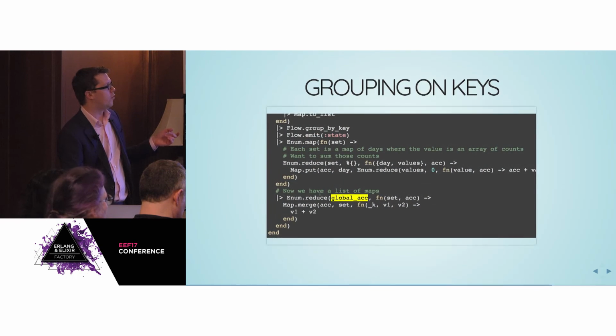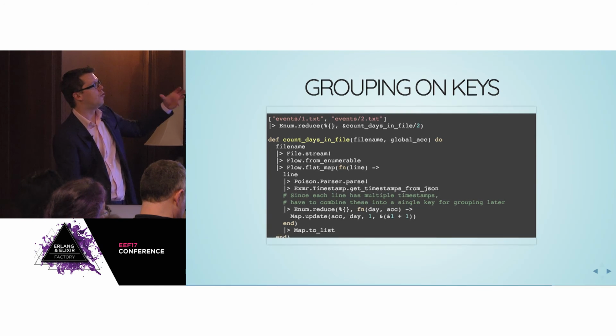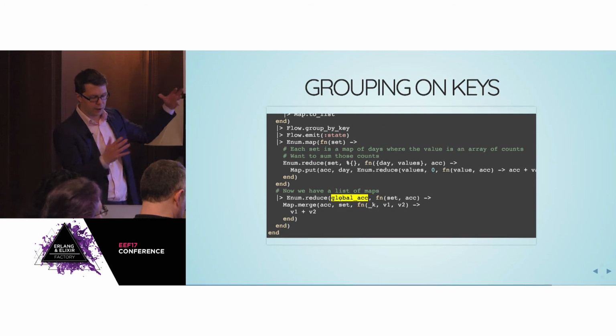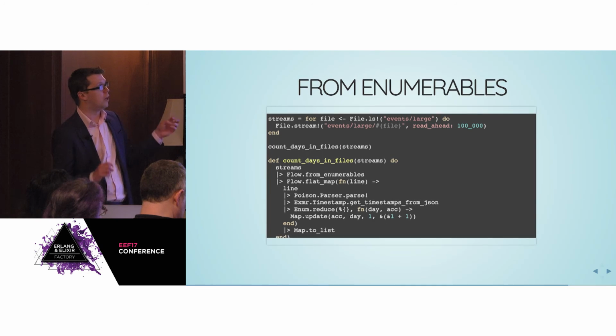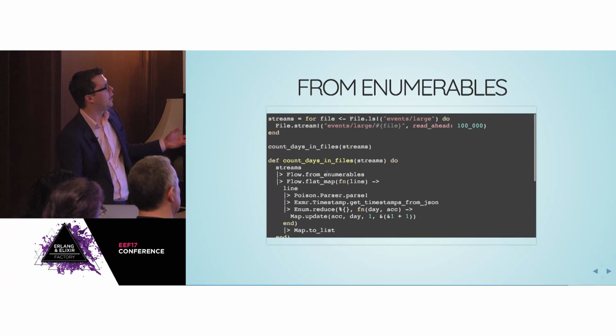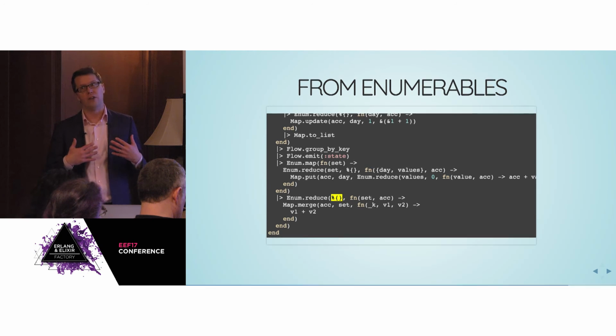What I had in this previous version is that I have my two files. I pass them into the function one at a time and manage reducing it myself over this. There's my global reducer here. And so the final step is going to keep accumulating that for each of the files. But there is a better way, which is to use Flow's from_enumerables, where you take all of your files, you set them up in multiple streams at the beginning, take all of those streams, and pass them into from_enumerables. And here my global counter is now just the single map, and I don't have to manage it anymore.